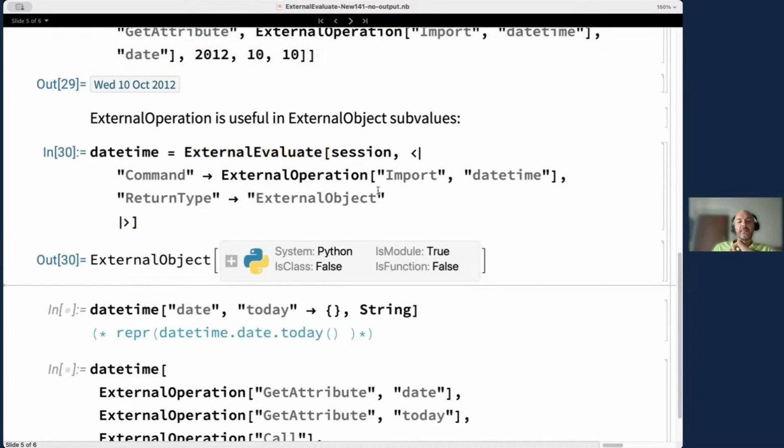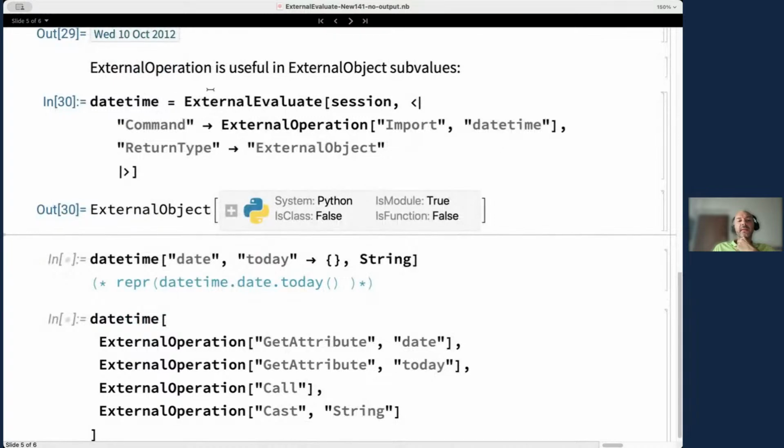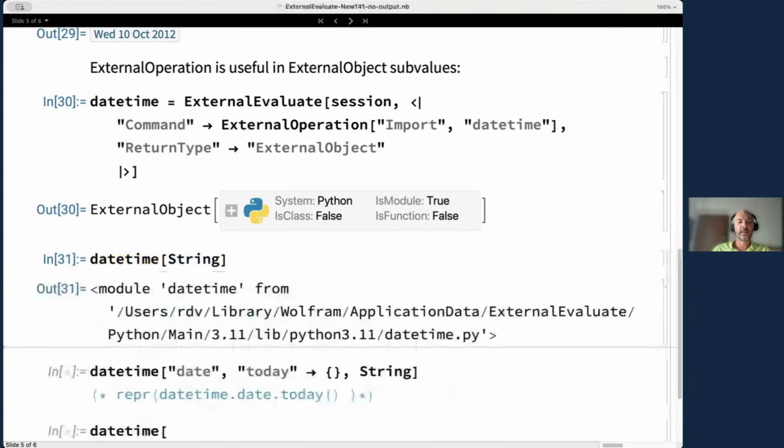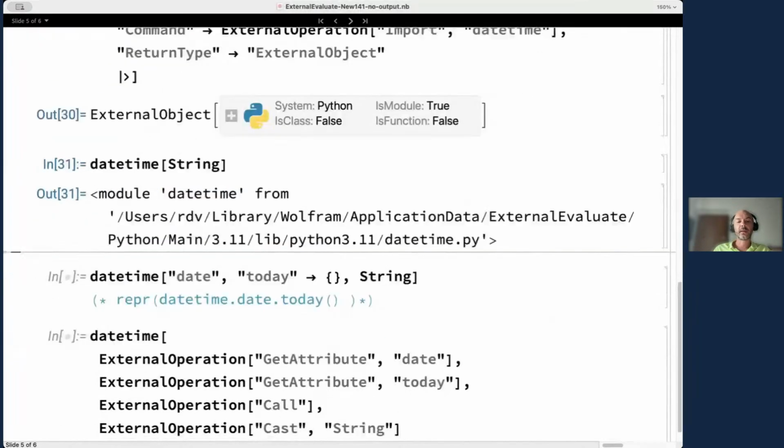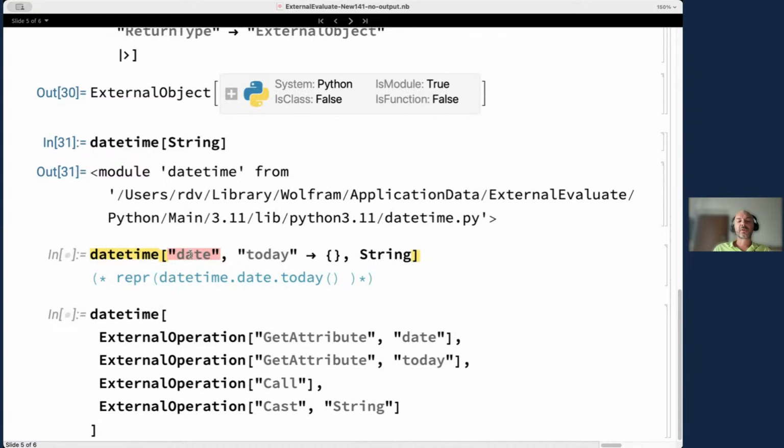And so, for example, when you do a datetime, this is another way to do the import stuff only by using operations. Now, inside this object, there is the same stuff that it was before. I can actually do that again and string here in order to say this is the datetime module. Just to show you that when you are doing date.today, and then you're calling it, and then you're casting it to a string,